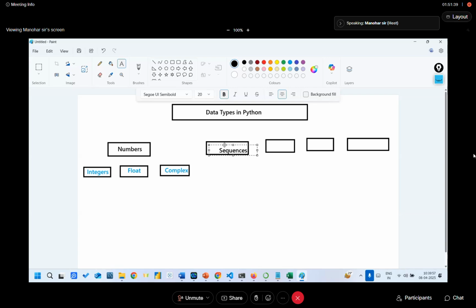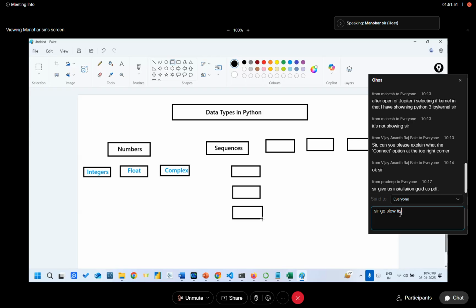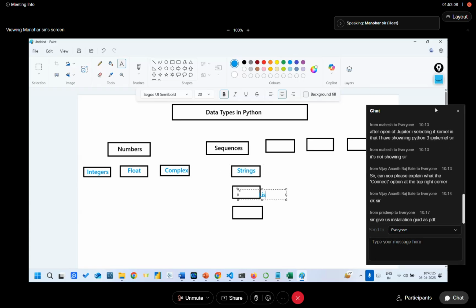Sequences. So sequences may be again strings, lists, and tuples. Strings, lists,